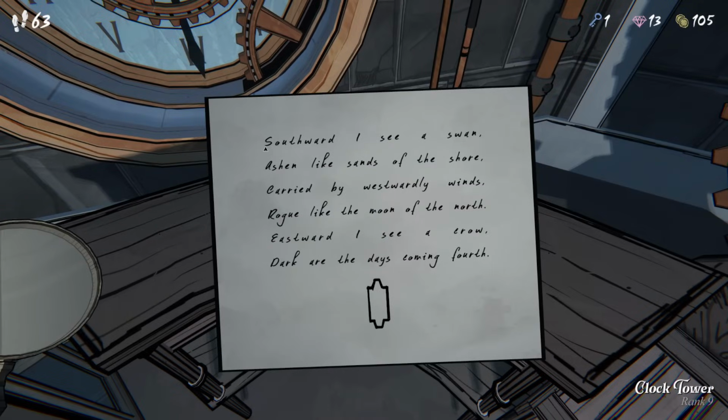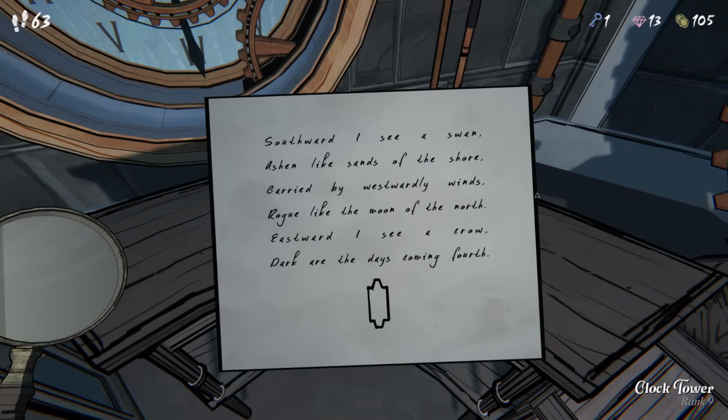So again, refresher, we've got: Southward I see a swan, ashen like the sands of the shore, carried by westerly winds, rogue like the moon of the north. Eastward I see a crow, dark are the days coming forth. And then the first letters of the line are sacred, S-A-C-R-E-D. There's the sacred circle, which we found in the geography class, classroom number 4. And the sacred circle talks about rotation. And it's rotation clearly around a central point, and the central point is surrounded by 8 cobblestones, which are ordered in number. And then the swan, and then 4 total directions, south, west, north, east,